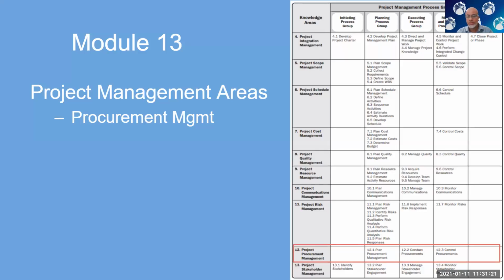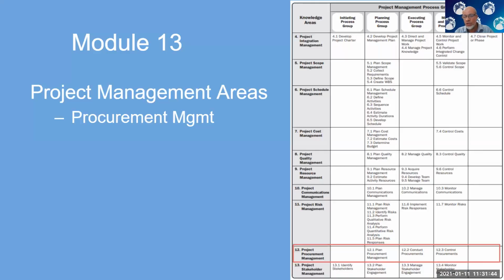All right, so procurement is acquisition of supplies and materials for your project. As we kind of mentioned yesterday, it involves communicating with other vendors, suppliers, issuing requests for information or proposals. As you can see on the screen, this knowledge area also spans 3 process groups: the planning, the executing, and